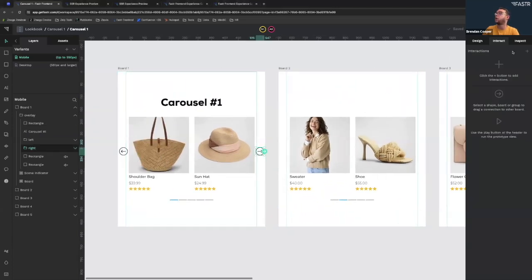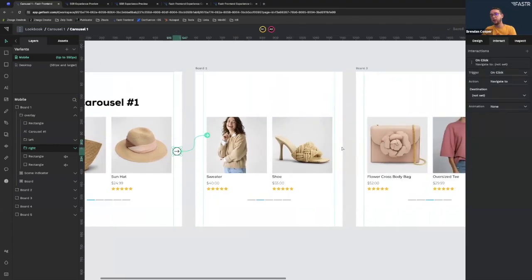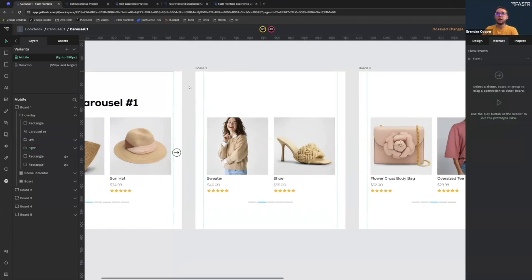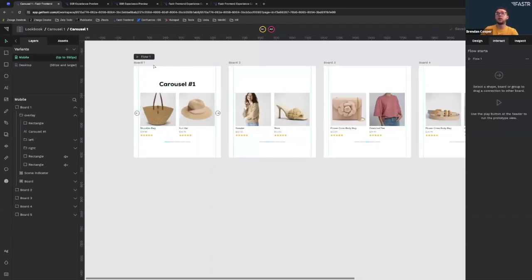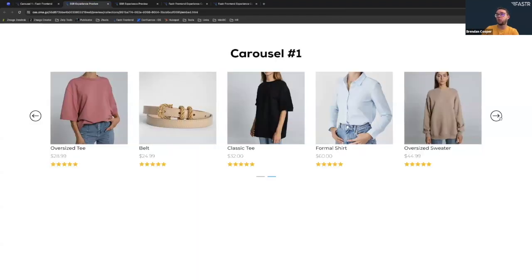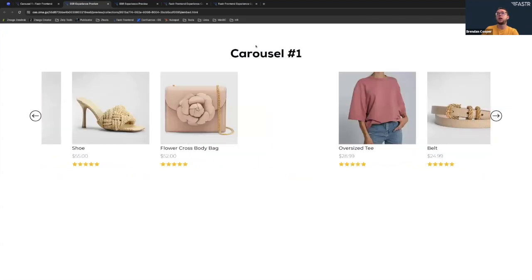So I'd be clicking on this one and having it set to navigate to scene 2. And I'd have the one on scene 2 navigate to scene 3 and then scene 4. And you'd have to do that over and over, kind of like iterate. And the more scenes you have, the longer it ends up taking. But with the overlay, you only have to add it once on the very first board, and now it just works as intended. You'll see as I swipe, these arrows are on every scene,